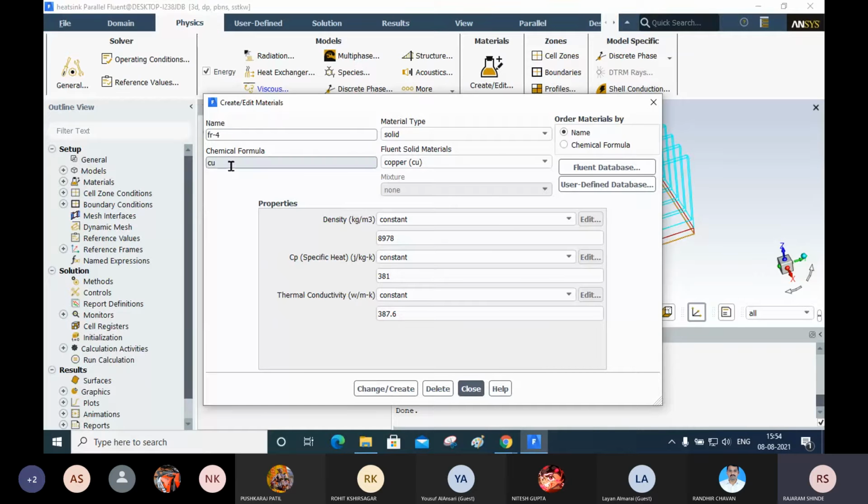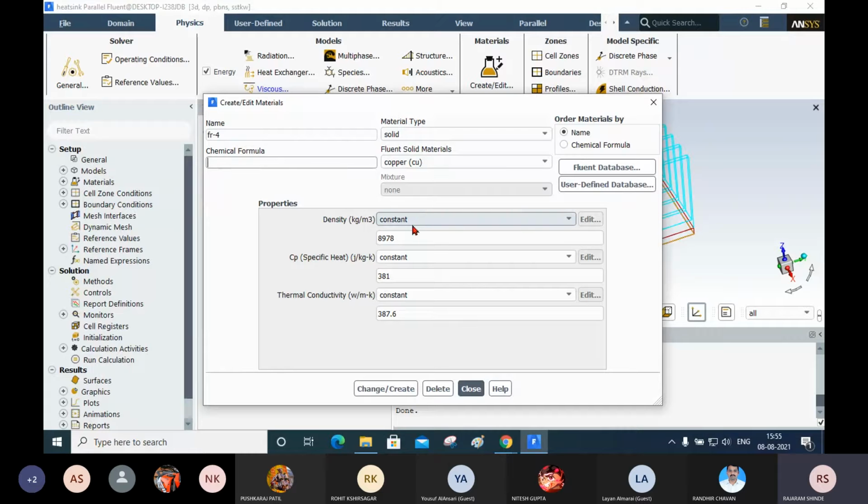Now while adding these materials, copper is already there, and we want copper plus this material. For adding this material, you remove this chemical formula. It is not in the Fluent database. It is a separate material. So remove this chemical formula. Now what you have to do?